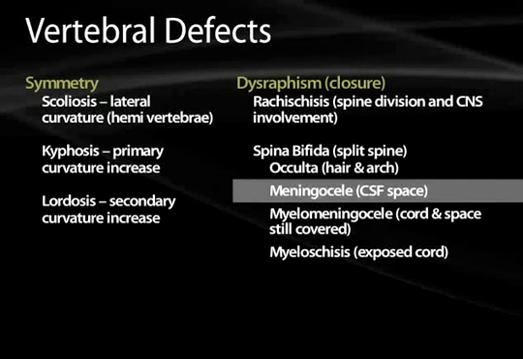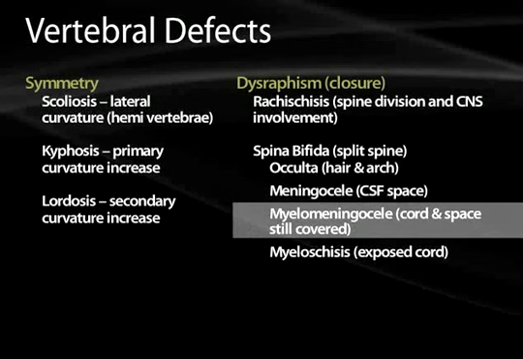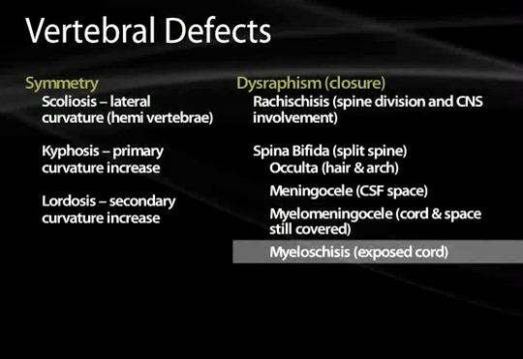The meningocele, which is an expansion of the CSF space in the theca. Then we have the myelomeningocele, which would be the inclusion of the cord outside of the vertebral canal, but it would still be covered by a dura mater. And then the myeloschisis, which is the worst of these, and that would have an exposed cord and always deals with the